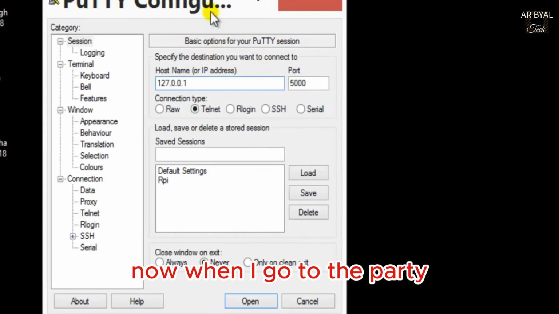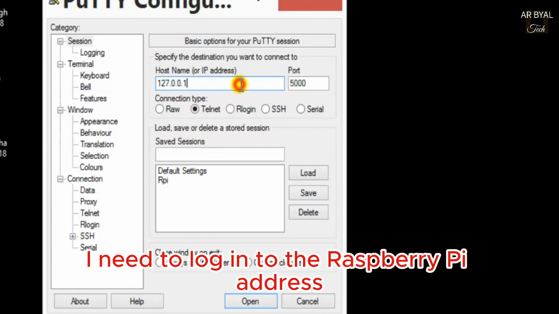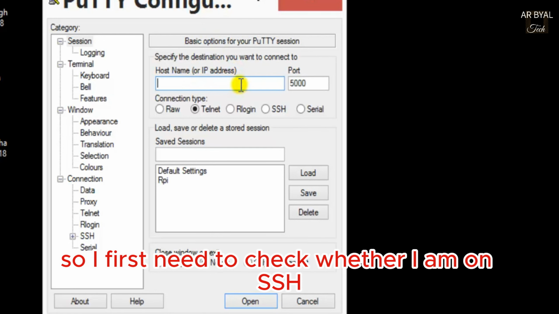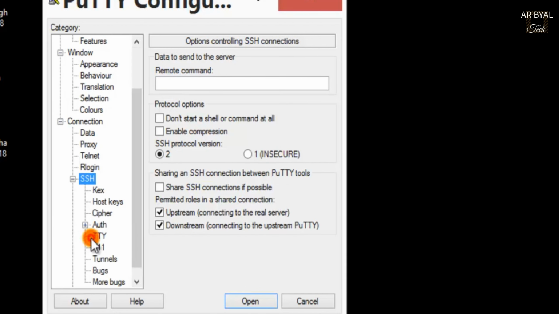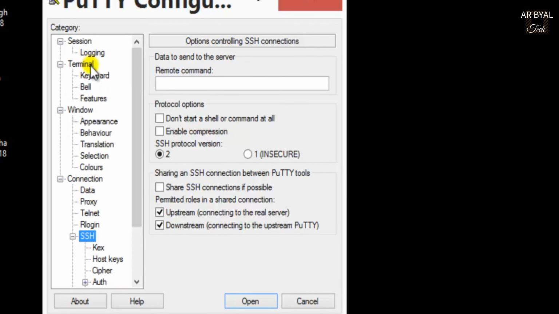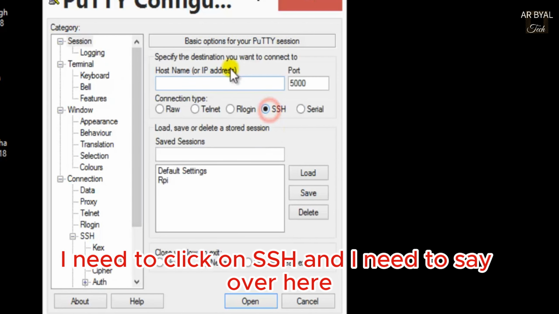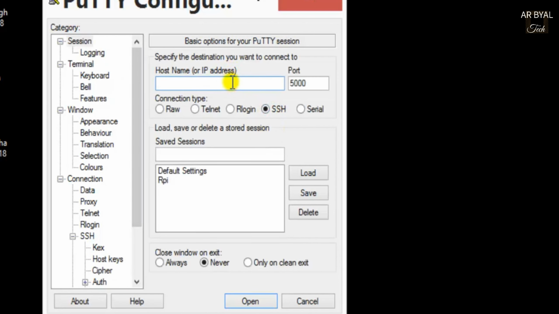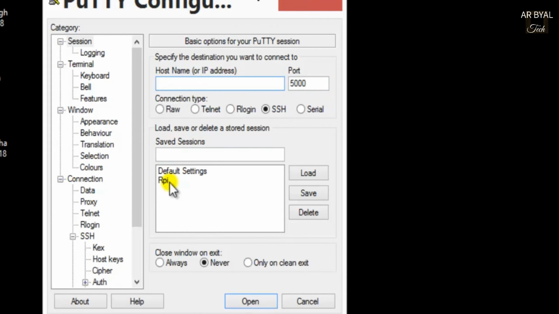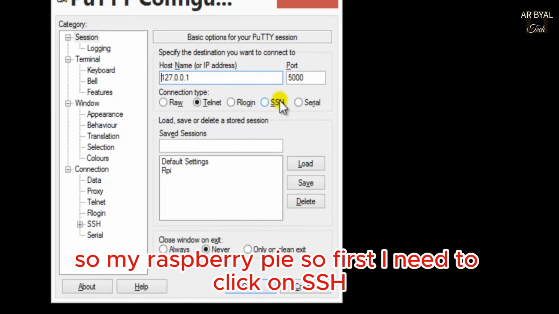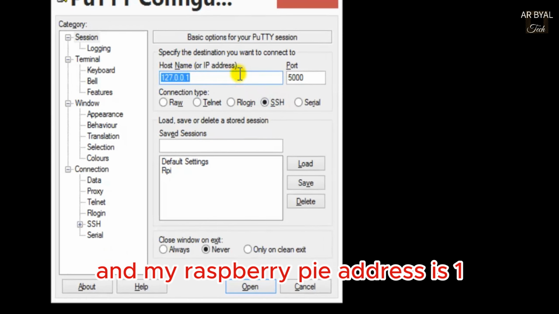Now, when I go to PuTTY, I need to log into the Raspberry Pi address. So I first need to check whether I am on SSH. I need to go to Session. In Session, I need to click on SSH and say what my host name is. Just a minute. First I need to click on SSH, and my Raspberry Pi address is